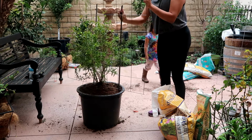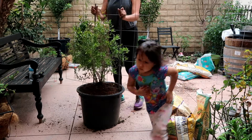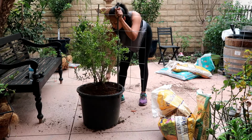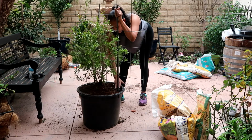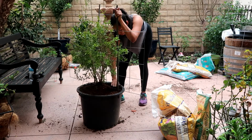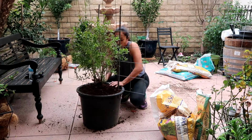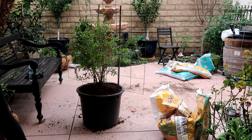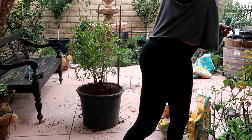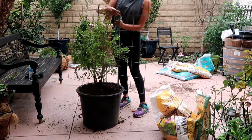And what I'm going to do after that is start getting some clips and start clipping everything to the trellis. Well, actually, before I do that, I'm going to tie the trellis to the stakes. And once that's all buckled in, then I'm going to start working on putting this little tree against the trellis. As you guys know, I'm going to grow it espalier like I've done in the past with my other fruit